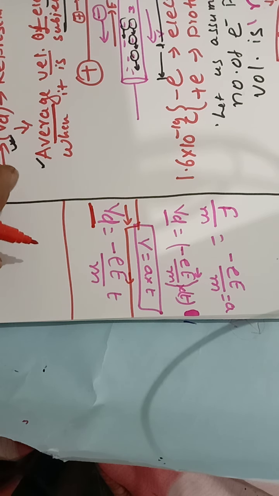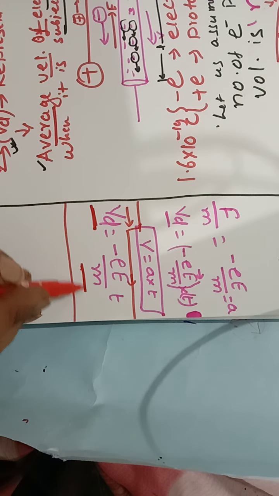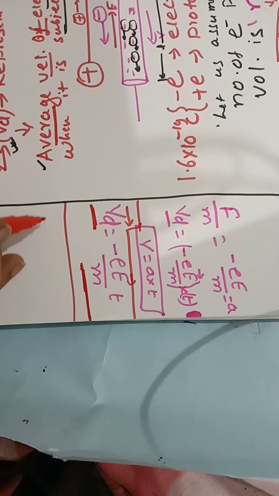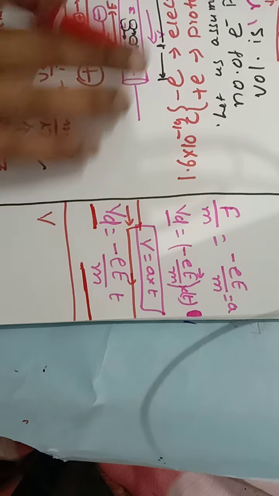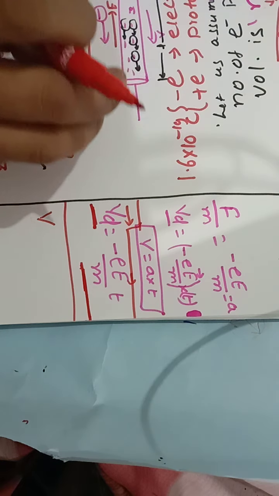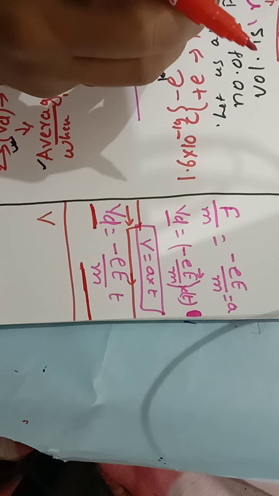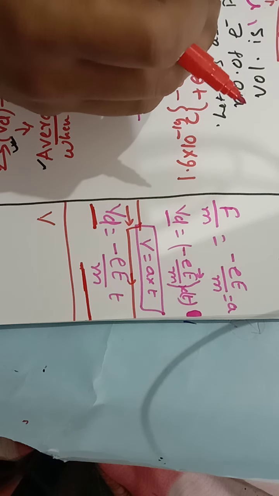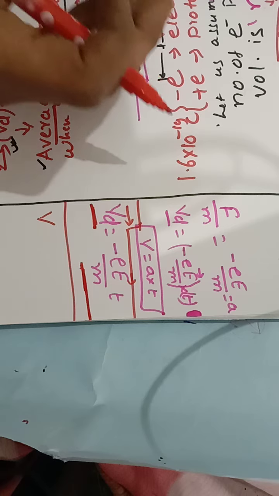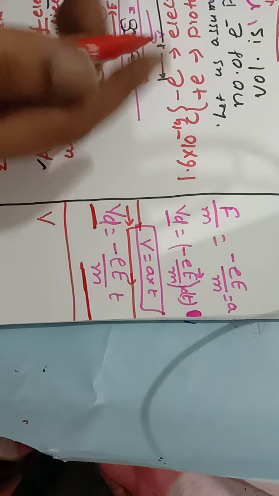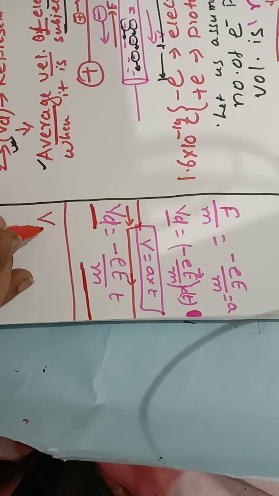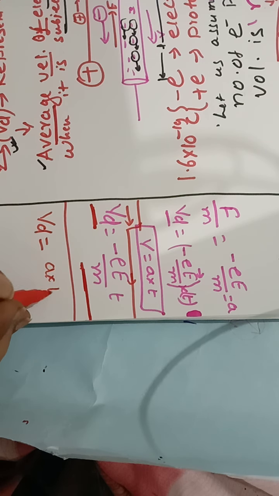So simple. Do we need to remember this? No, because from the above explanation we know that we are applying some force by application of the electric field, and since the force is applied there should be some acceleration. And since there is an acceleration we can find the velocity by acceleration into time. So what will be the acceleration? Acceleration will be force by mass.